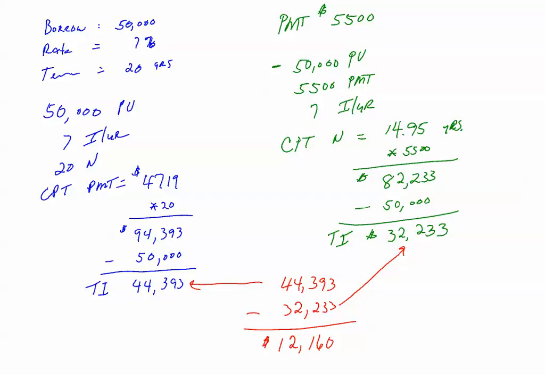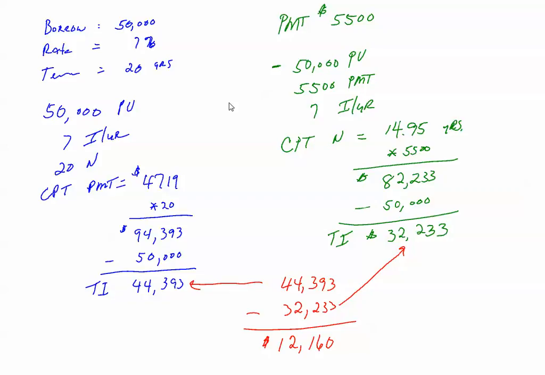In other words, this is the amount of interest that you would save by paying more each year on that loan. And so by adding another, well, about $800 to your payment each one of those years,